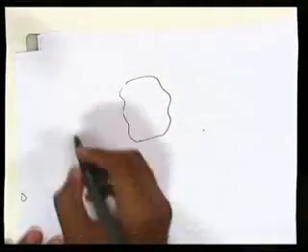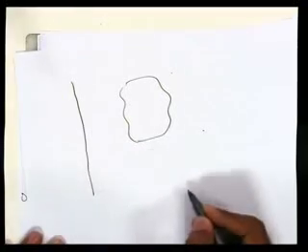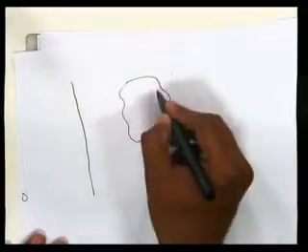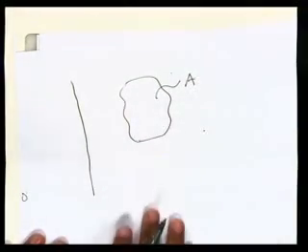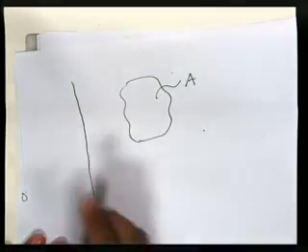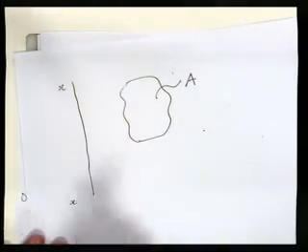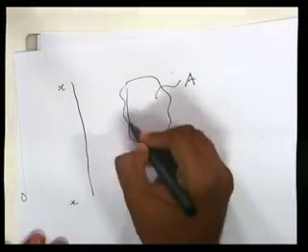For example, if I have this lamina here and this is our reference axis. Now if I want to find the moment of inertia of this area A about this axis, then first of all we need to discretize this